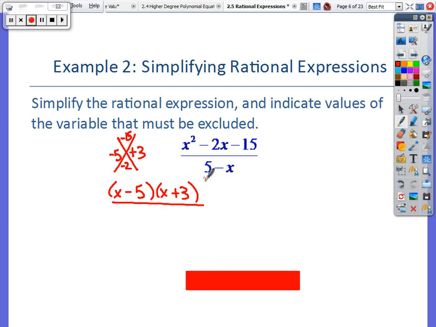If we factor out a negative, then what that does is it makes the x positive and the 5 negative. And so the x becomes positive and the 5 actually becomes negative. Now our bubbles match up, and that's going to help us in just a moment. And so that's something that you really want to look for, is factoring out a negative. And so you may want to put in your notes factoring out a negative, because that may be something